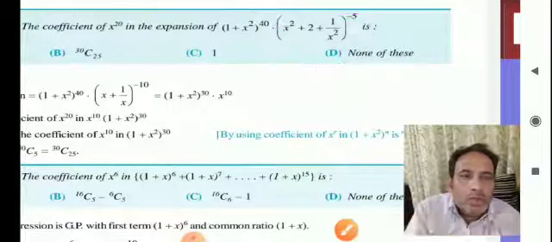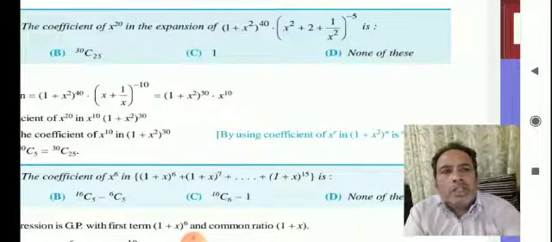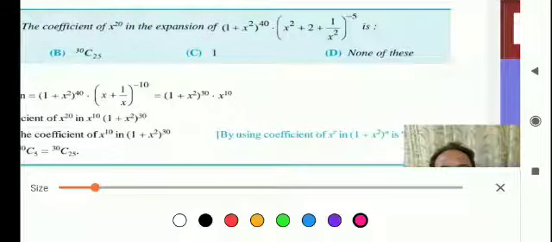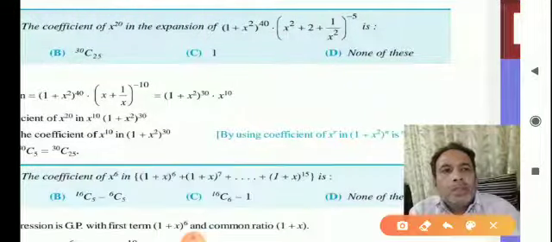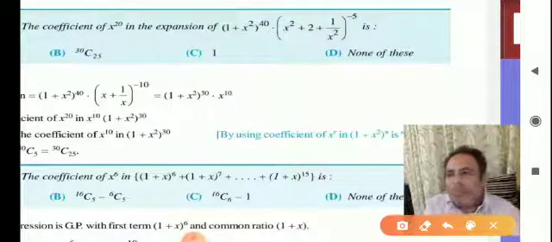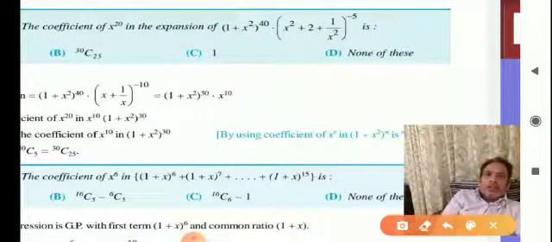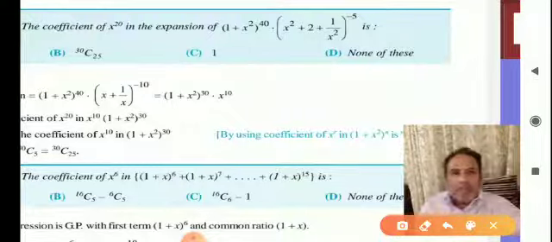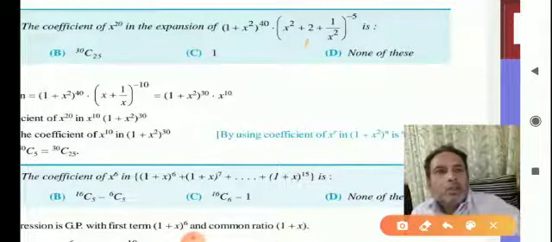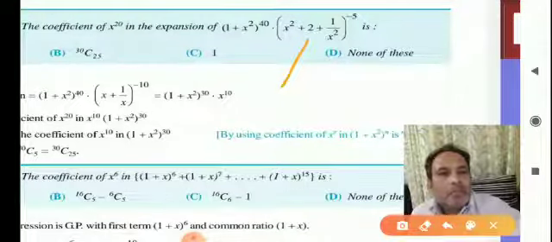So here what we have to do, in this result, let me change the color. Okay, so what we say here, x square plus 2 plus 1 by x square, what will we do with it? Think a bit. So we can write it using the (a plus b) whole square formula, you know that formula. Okay, so make it a perfect square so that you get the binomial. Some students can write this using the (a plus b) whole square formula.